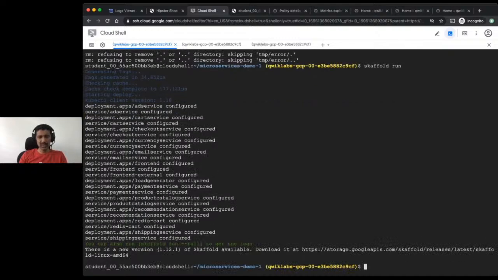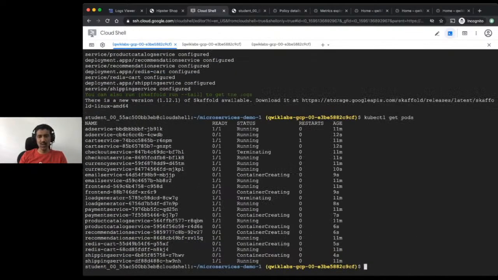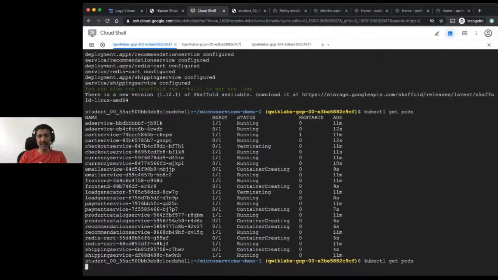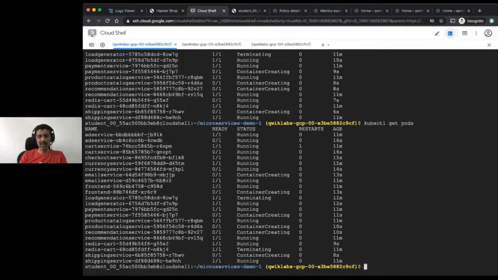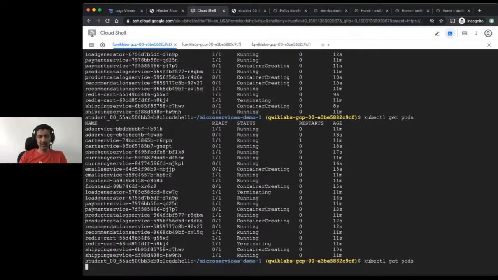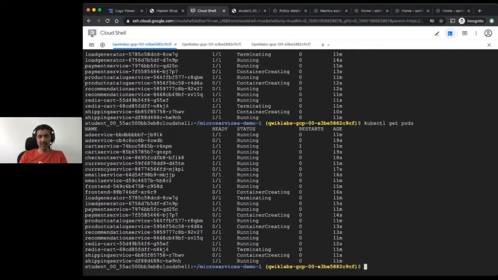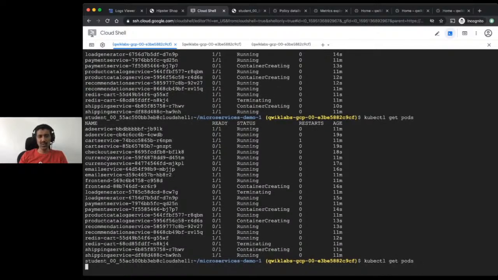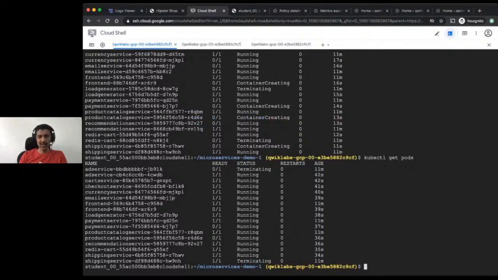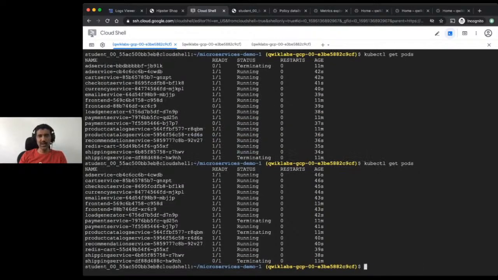Right, it is done. Let's just wait for around 20 to 30 seconds for the older pods to get deleted and the newer pods to come up. All right, so most of it is already running now, so we can see everything is running. So let's go back to our metrics explorer,